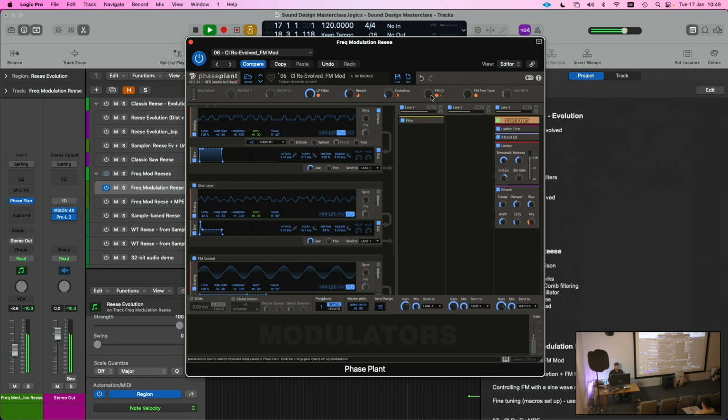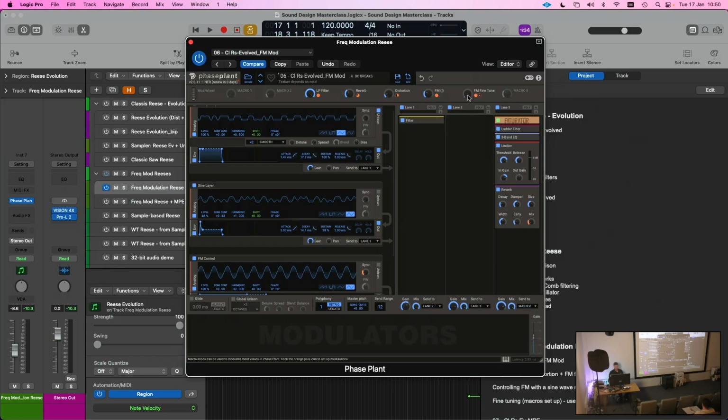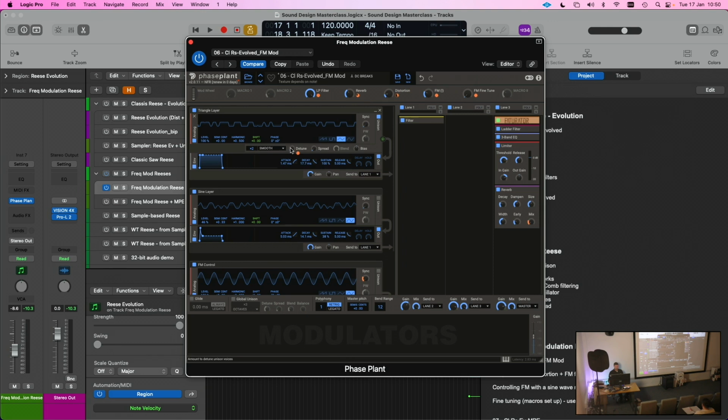So that's 1%. So we're now getting that beating, and we can sweep through this. And at certain points, we're going to get something that sounds a bit more pleasing. Some of them sound really inharmonic and grating and don't really have anything. But because it's quite an extreme way of doing things, I also have introduced a frequency modulation fine-tune macro. And this essentially is just going to be controlling the detune of my unison. So I can use this as a way of taming, almost like a fine-tune for the frequency